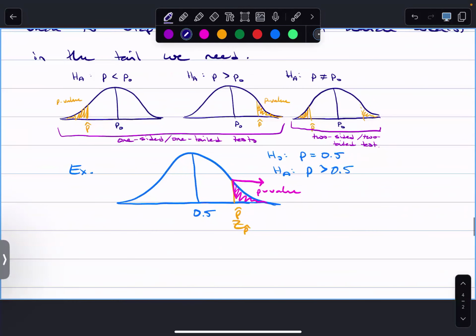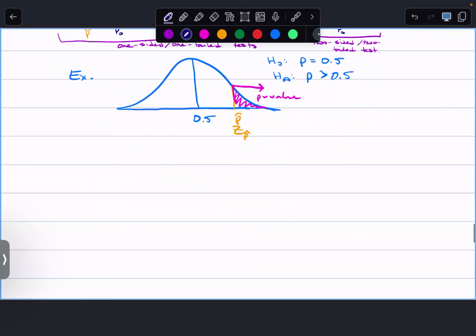So finding the p-value, you know how to do because we've already done a lot of work finding areas under the curve for a normal distribution. And so that's nice and familiar. Now what we're going to do is actually do something with this area. In step 4, which is your conclusion,